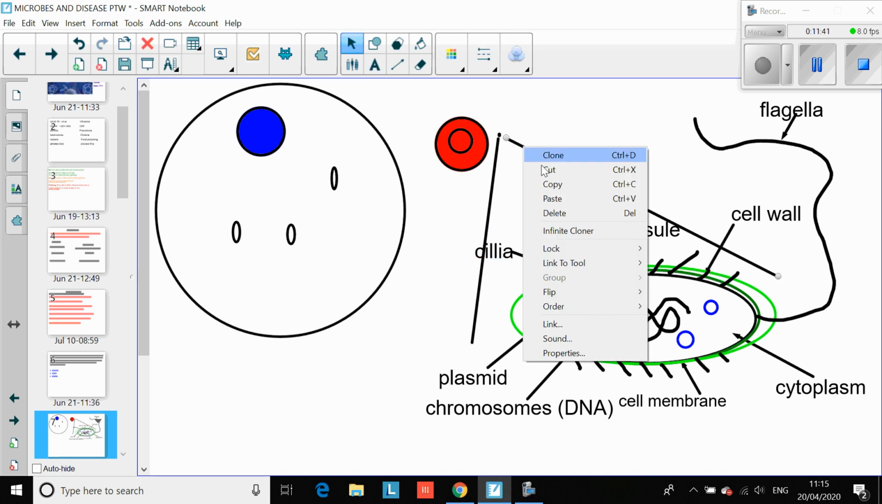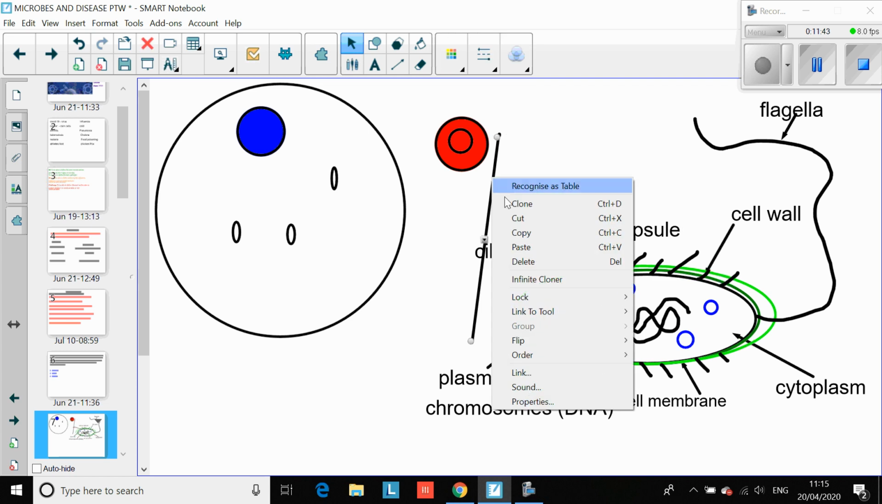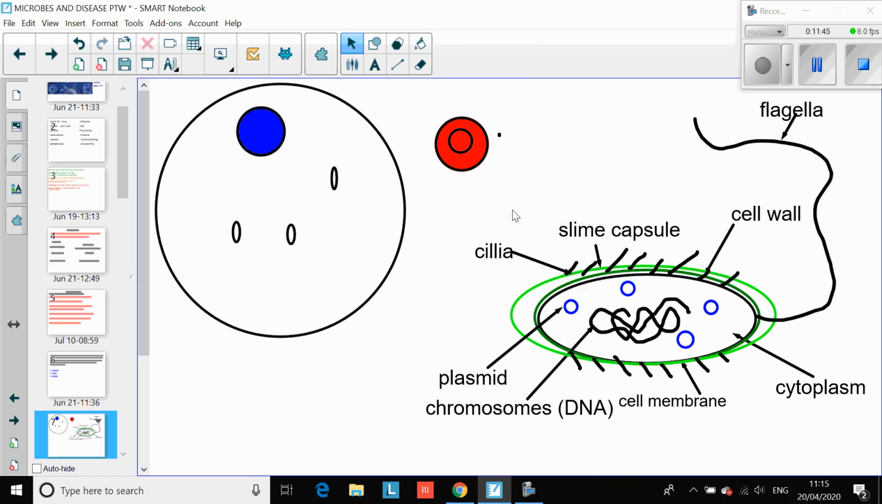Don't need those lines anymore. I think you know what you're looking at. Okay, so there is a typical example of a bacteria. So let's very quickly go through this. So firstly, it has a chromosome, its DNA, its genetic instructions, just like us, except they're not in a nucleus,